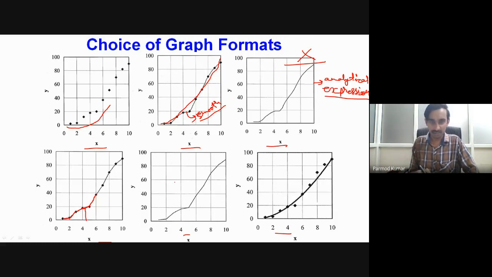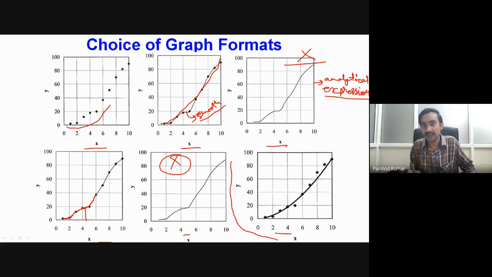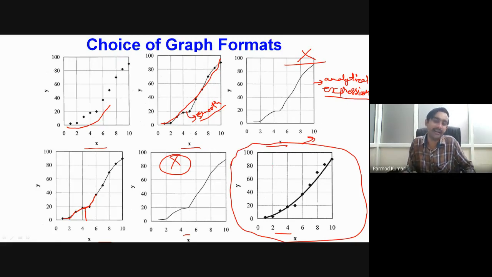And once again, the final one, this is not acceptable in case of experimental measurements. And this is something which can be employed if we are having the results from any analytical expression. Then the last type of plot, which is shown over here, is generally recommended where we are already knowing our correlation between the dependent and the independent variable from our theoretical knowledge.